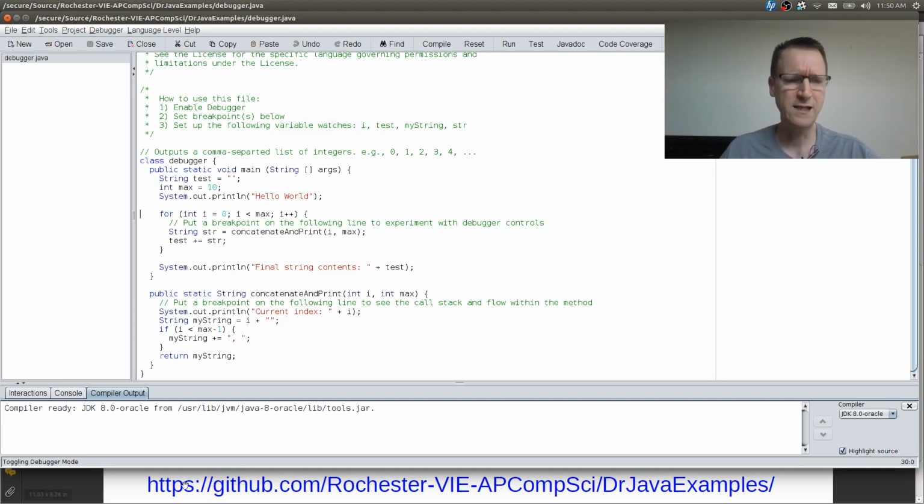You'll find the URL to the source code we are using down here at the bottom of the screen. Feel free to pull that source code and follow along as we debug today, or as you want to try things after the video. Today's file that we're using is the Debugger.java file, and if we simply run this program,